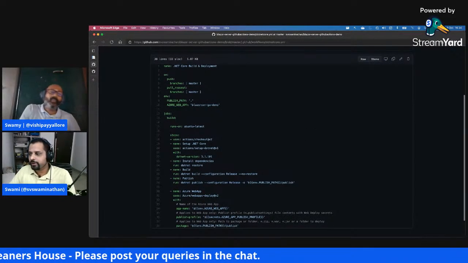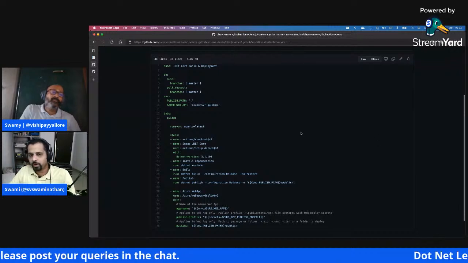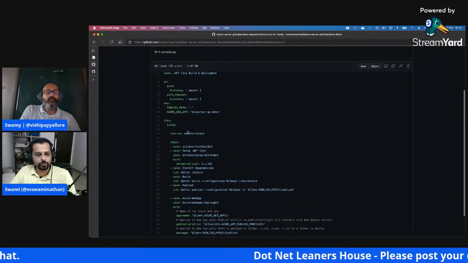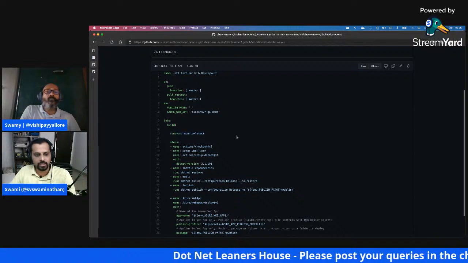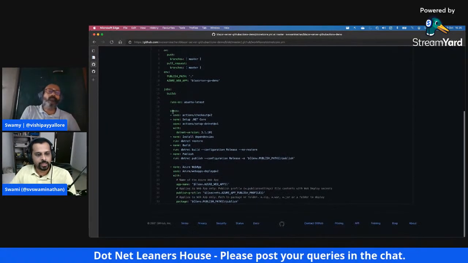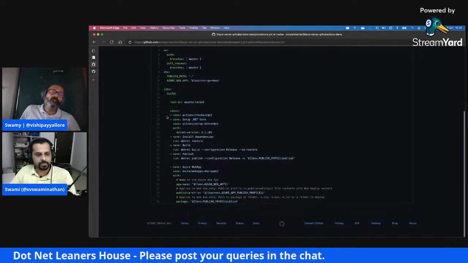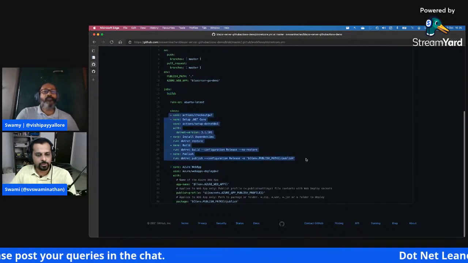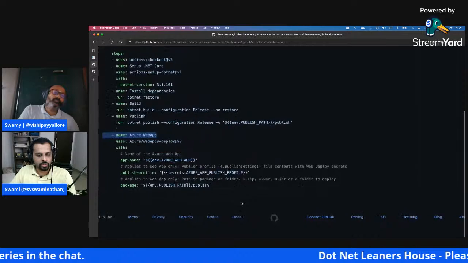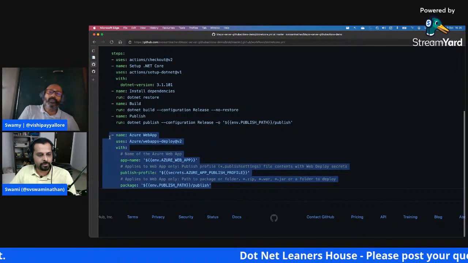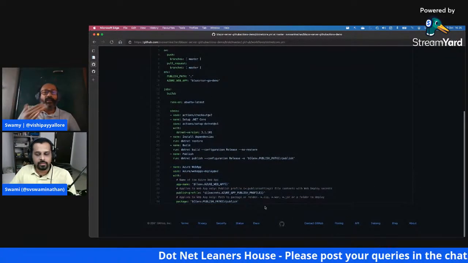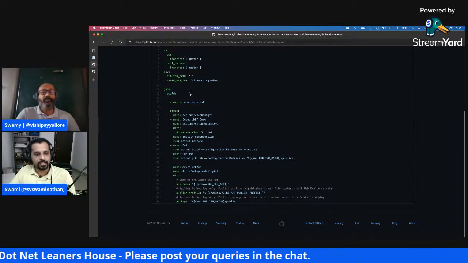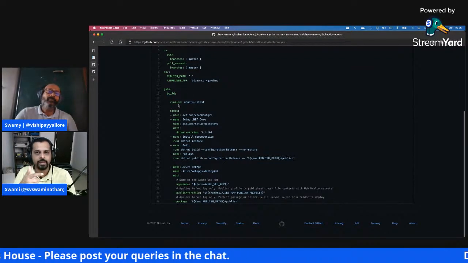My understanding is, can't we do both of them in a single job only, so that we don't have to spin up another Ubuntu machine? That is very much possible. That is what I am showing as an example here. There's only one job, which is called build, and these are the steps. I'm doing .NET publish, and I'm immediately doing a deployment as well into the web app here. You add all the tasks within the same build job. But that means you are doing both build and deployment in this one job.